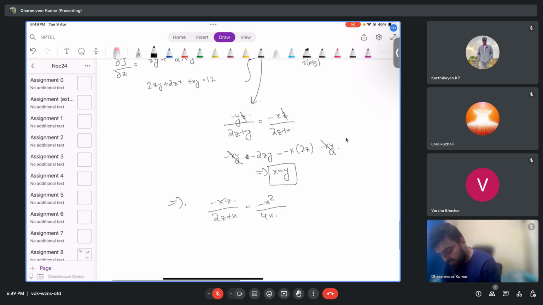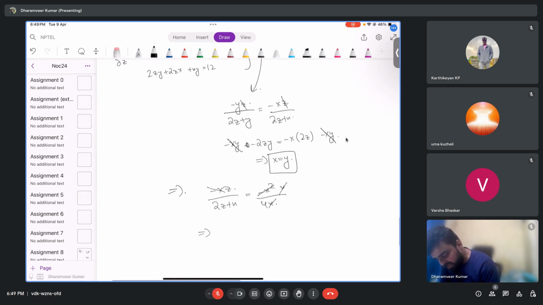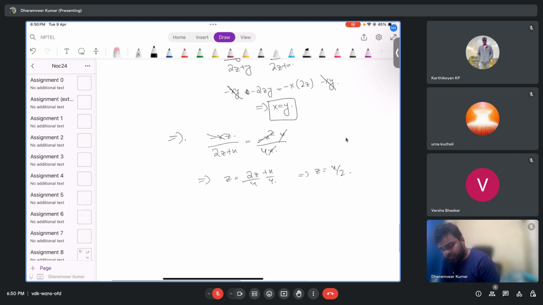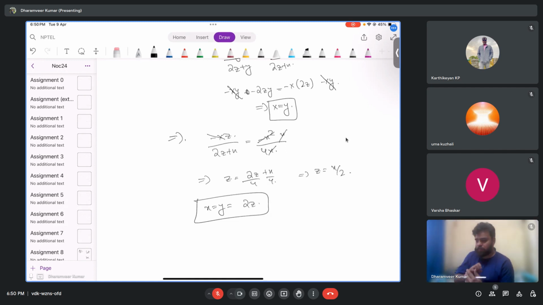Okay, so minus x gone, minus x gone, there is x, there is x gone. That implies z is equal to (2z plus x) by 4. That implies z by 2 is equal to x. x equal to y equal to 2z. What about lambda? Lambda is equal to